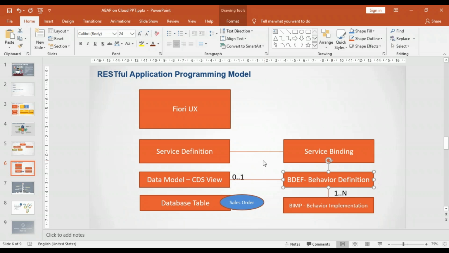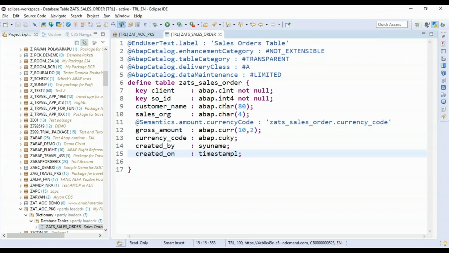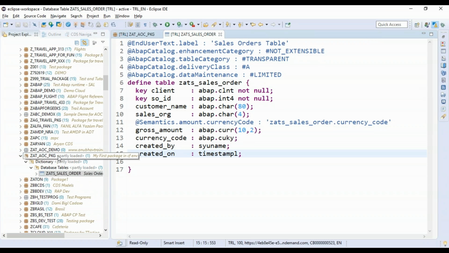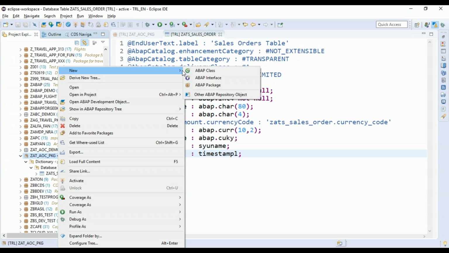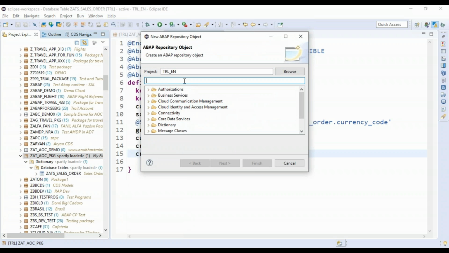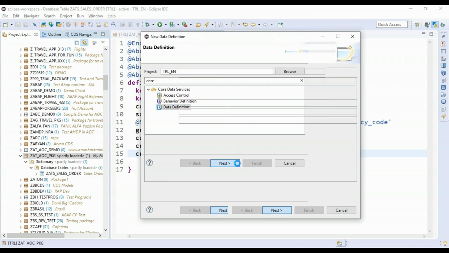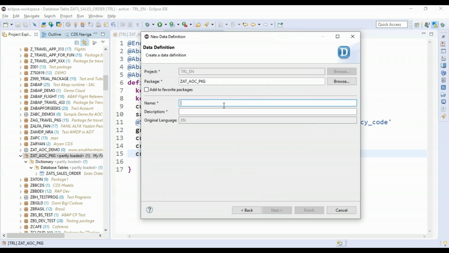Yes, guys, automatically. So let's go ahead and create our CDS view on top of this database table in our package. So I'm going to come back, right click out there, say new, and we will choose here core data services. So you see, you can create CDS views also now here